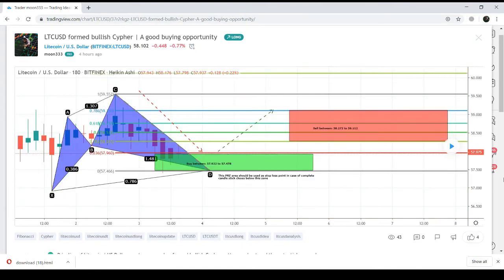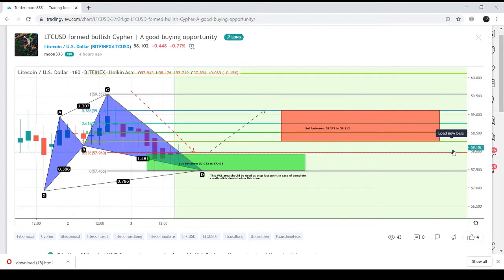The next digital asset is the LTC or Litecoin, and on this chart the price action has completely formed a bullish cypher pattern and is moving within this potential reversal zone, and soon it will take the bullish divergence from here and hit the sell zone area, which is the Fibonacci projection of the C to D leg from 0.382 up to